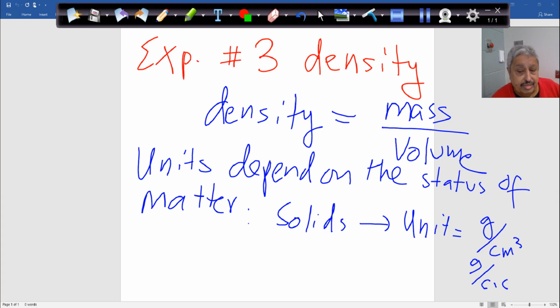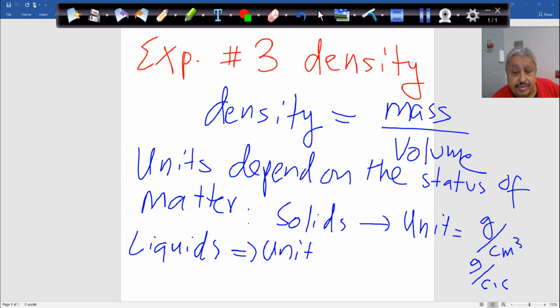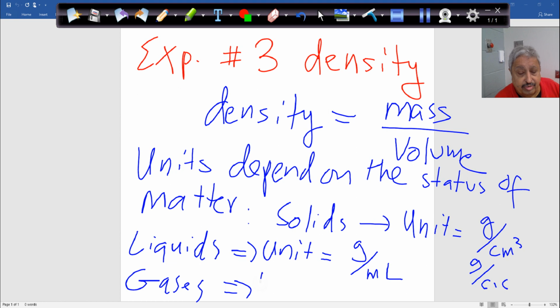Cubic what? Centimeter. So if we have liquids, then the units used are gram for the mass. As you see, the mass does not change, always in grams, and here is milliliter. If we have gases, then the unit will be gram per liter, correct? So we have for solids gram per cubic centimeter, for liquids gram per milliliter, and for gases